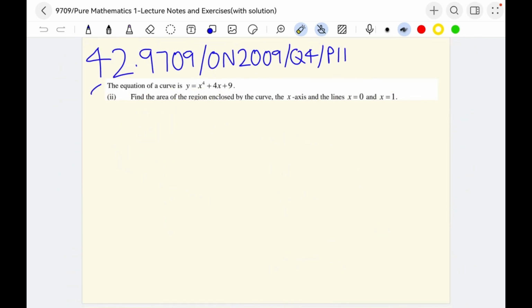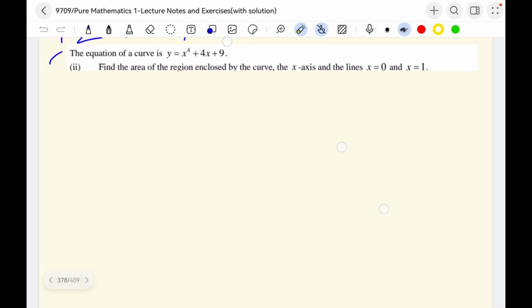Alright, let's move on to the next question, which is question 42. This question is also from the past questions from 9709, October/November 2009, question 4 from paper 11. So there's the equation y equals x to the power 4 plus 4x plus 9. Okay, it's a quadratic function. Quadratic function is actually out of syllabus. Instead, it can be classified as a polynomial function. Alright, so it's hard for you to draw the graph